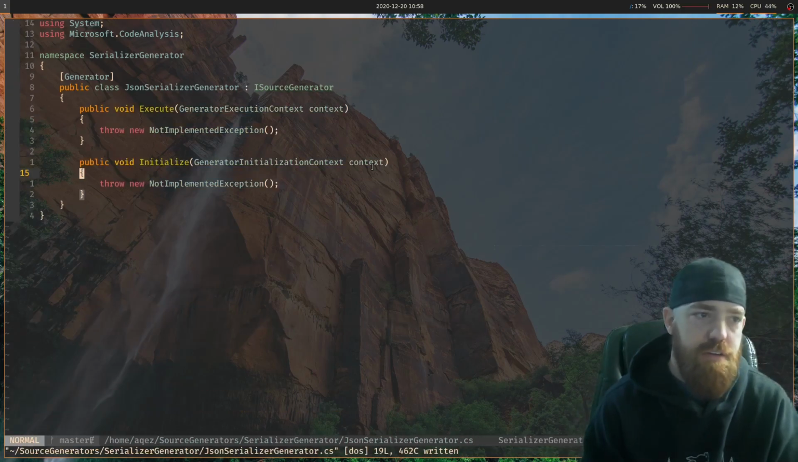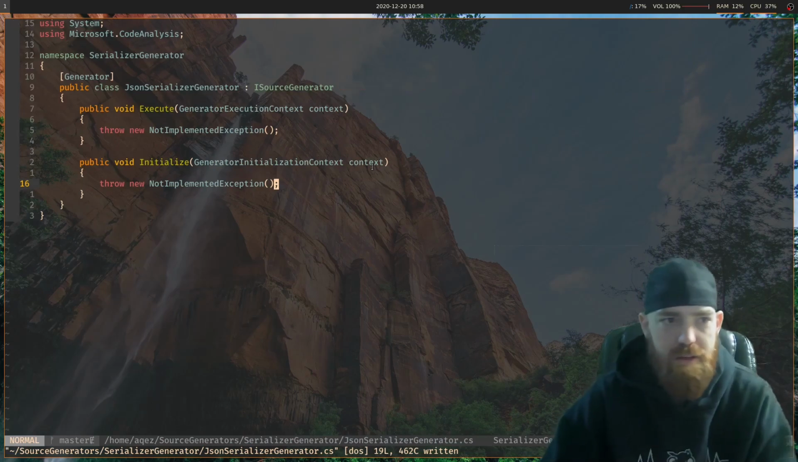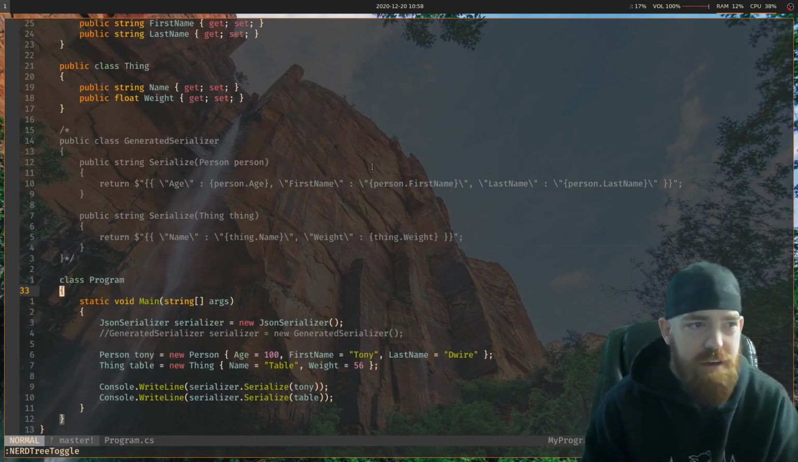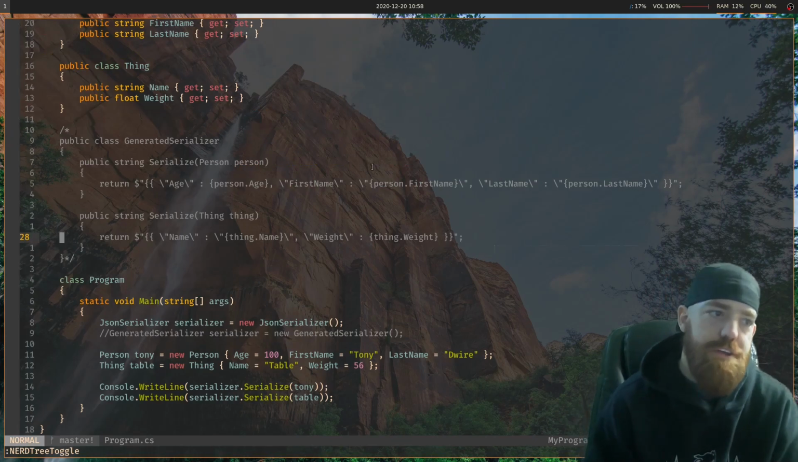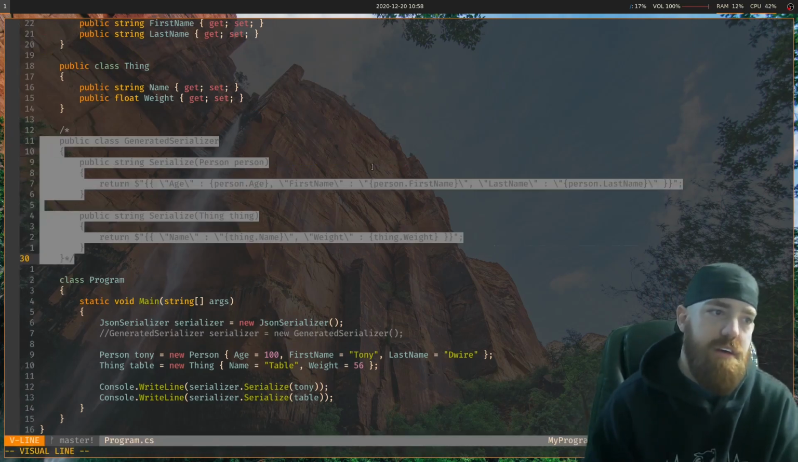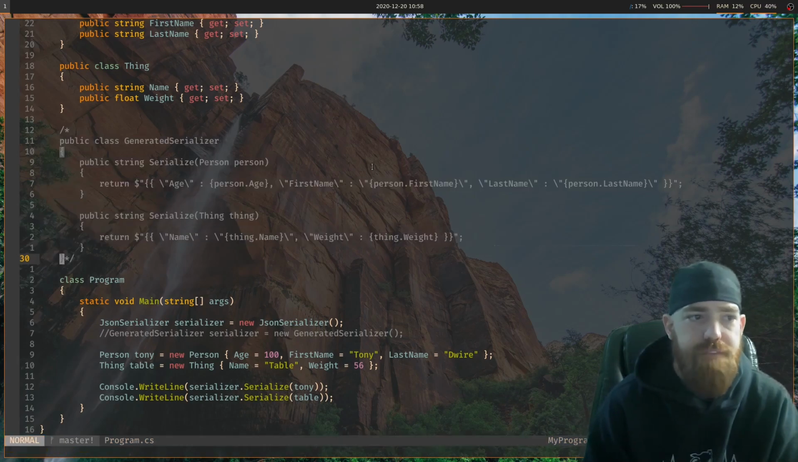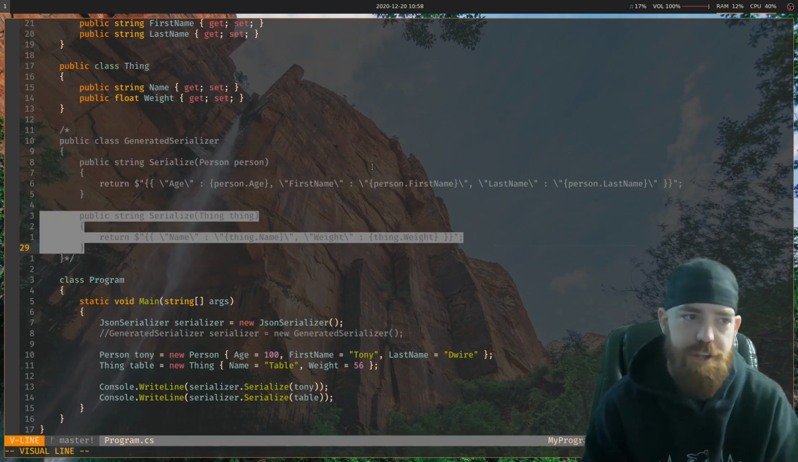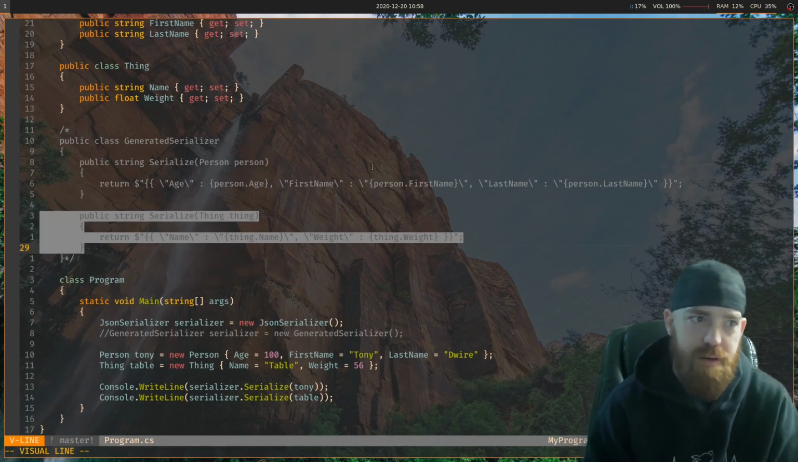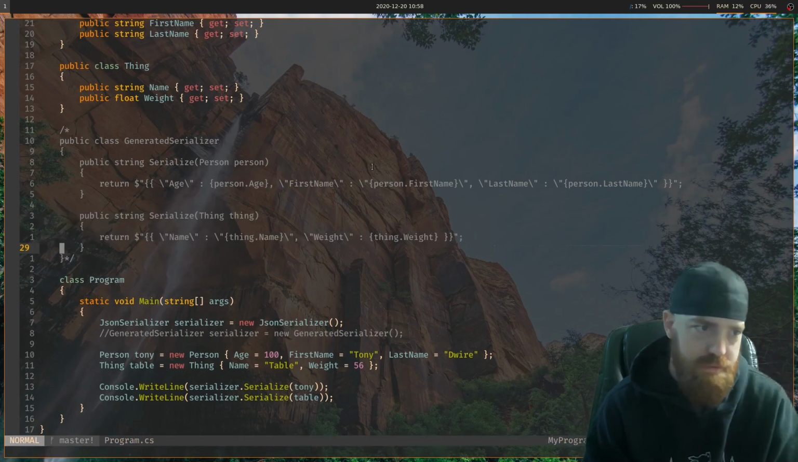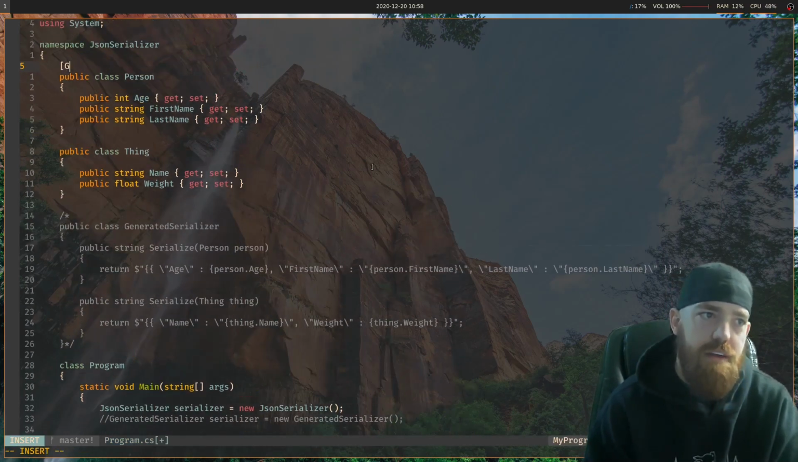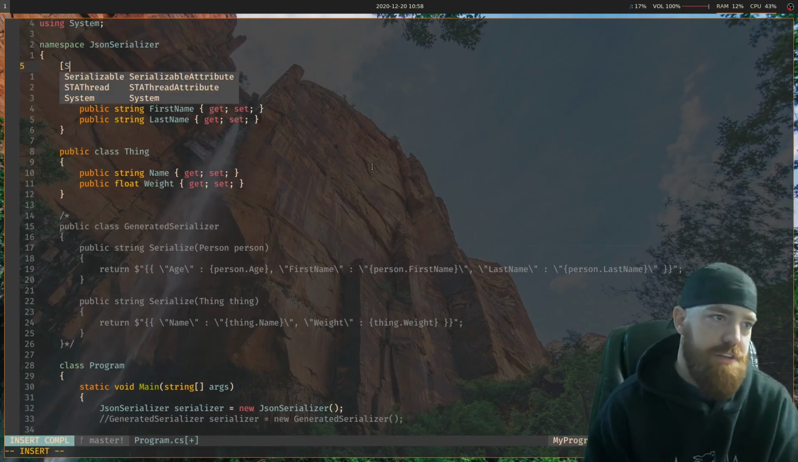So we've got execute and we've got initialize, and that's exactly what we want. So looking back at our program though, if we wanted to generate this class, we need some way of telling what all overloads we would want. We don't just want to generate an overload for every type of object ever. That would be exploding compilation. So what we might want to do is something like JSON serializable